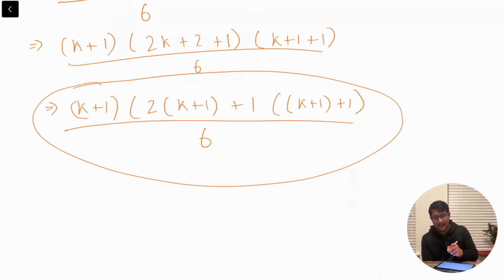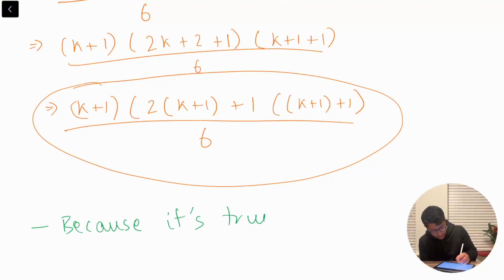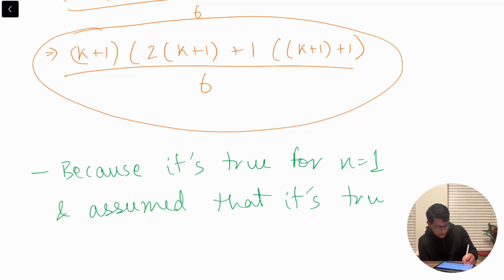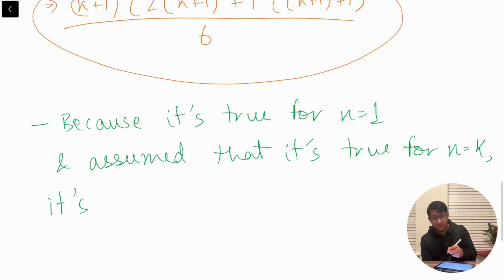If you stop here and prove my induction question, you'll actually get marked down. What you need to write in the end is a victory statement, essentially saying that, because it's true for n equals 1, and we assumed that it's true for n equals k, so when we assume that it's true for n equals k, it's true for n equals k plus 1, right? Therefore,